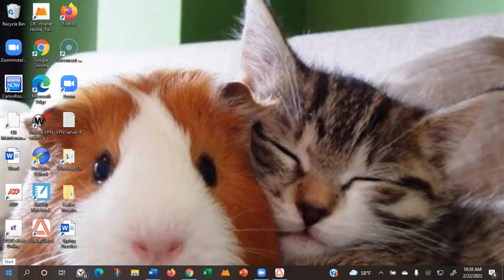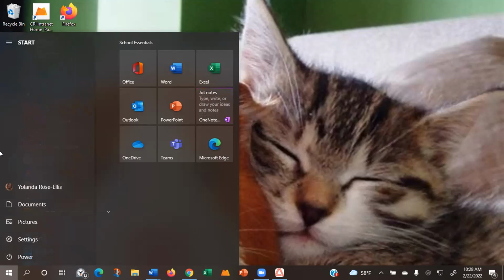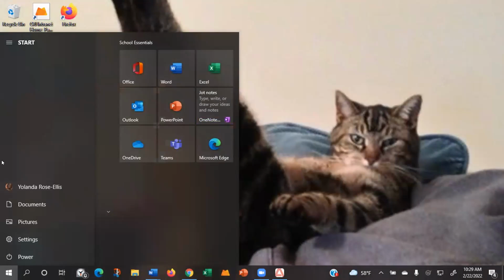Okay, so when we click the start button, we get the start menu. On the left side, we call that the options section. So we have 1, 2, 3, 4, 5 options at the bottom. At the top, we have those 3 lines, and to the right of the 3 lines, it says start. At the bottom, the first one has our name. If you click it,